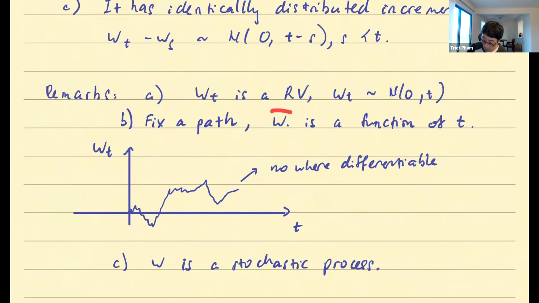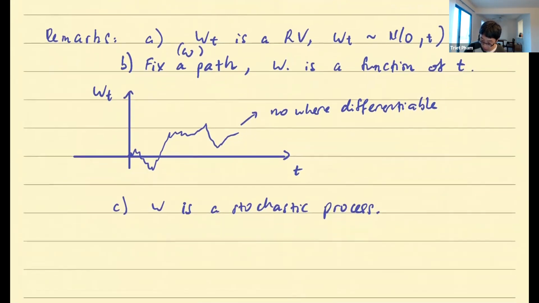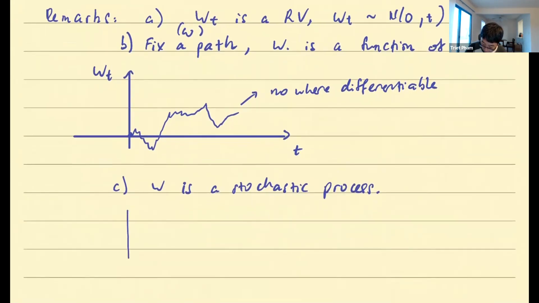Fixing a time, it is a random variable. Fixing an event, meaning fixing a path, or people would say fixing an omega, then it's a function of time. And one more thing: if you were to draw the Brownian motion again, draw a different path, then you would definitely get a different picture from the previous one you drew. The paths themselves are random objects. So that's what these remarks together hopefully illuminate about what the Brownian motion as an object means.